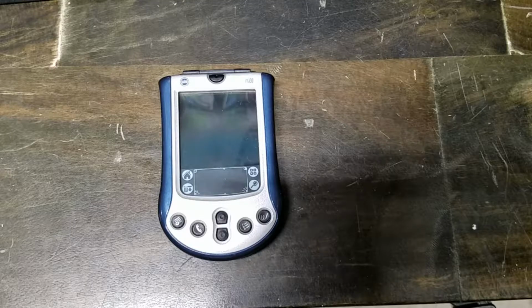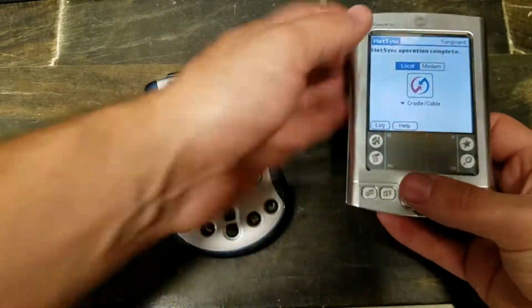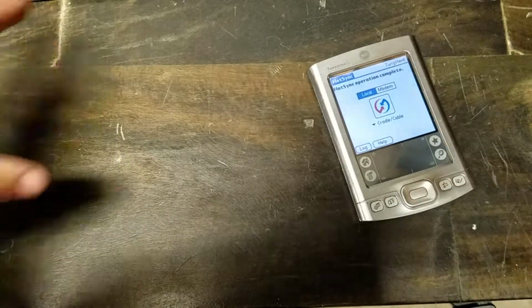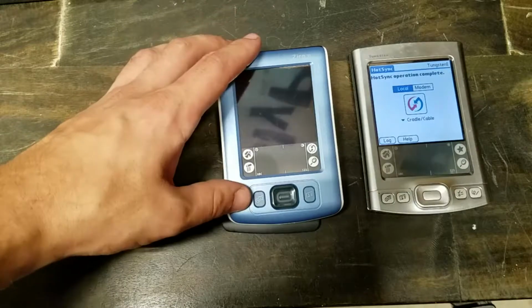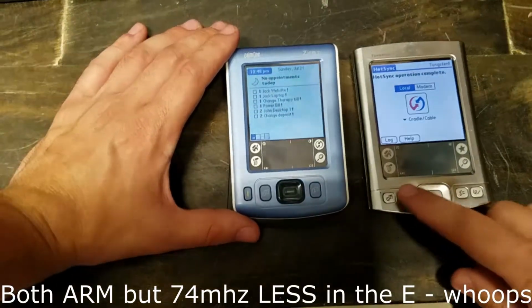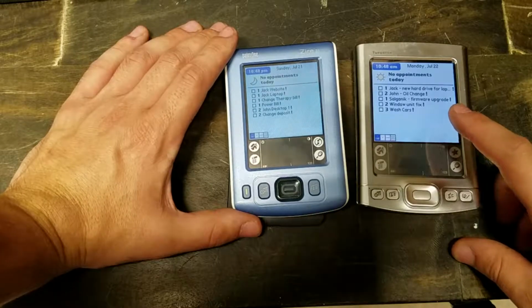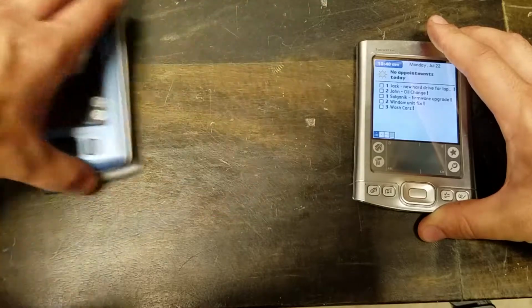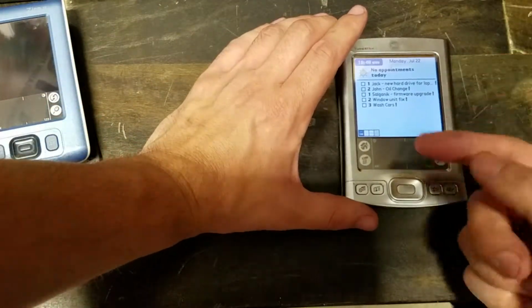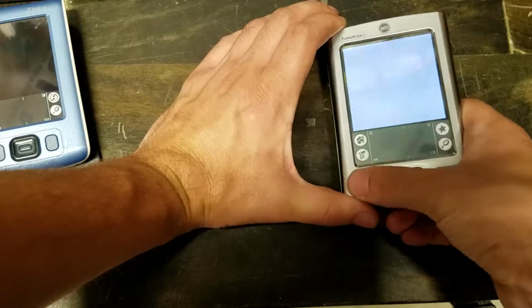I actually, as my daily now, have been using the Tungsten E, because this is kind of the more advanced version of this. I want to say they've got either the same or similar processor in them. But you can see this one has a much nicer TFT screen. And excuse my very overdue to-do list here. I haven't actually been staying up to date with this one, but